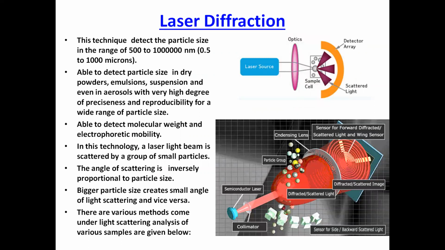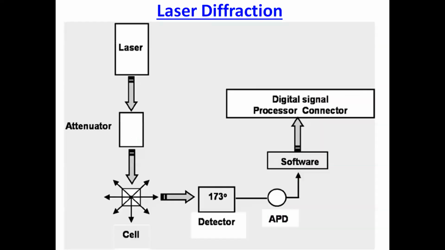The laser diffraction technique I have already mentioned and described, so there is no need to comment on it. This is the pictorial representation of laser diffraction. There will be a laser source. Then there will be the polarizer and analyzer. The function of the polarizer is to polarize the light, meaning it will filter out the other components of the laser and pass a laser beam which has its vibration only in one direction.